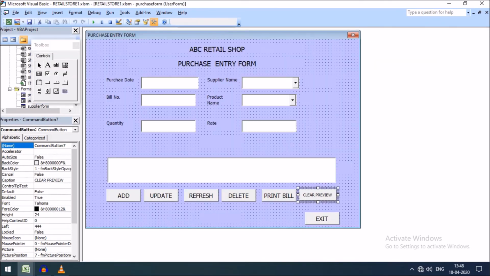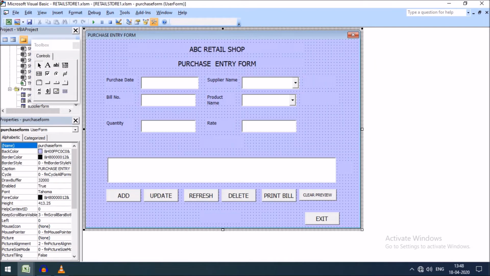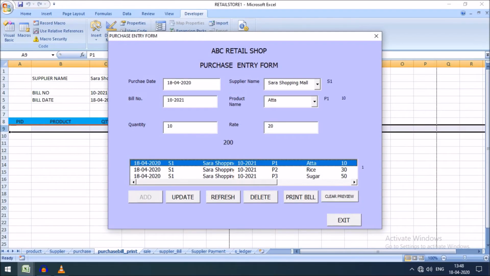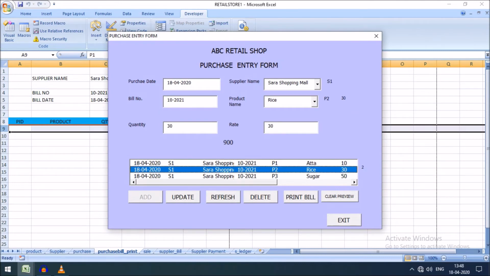So friends, moving back, now we want to see the update and delete refresh. So going back to the update command, friends, if I want to update it, just select this, and you saw add button has been disabled, so there is no chance for multiple entry of the same record. So I have disabled the add button whenever I click on this.